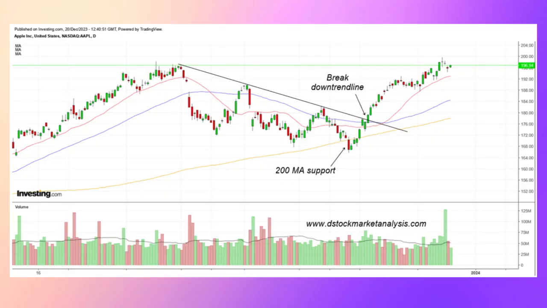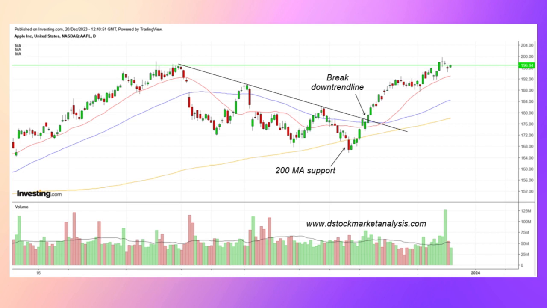Now, this is a daily chart of Apple. As you can see, around here, right, this is the daily chart of Apple. You can see there's a 200 MA support there. The yellow line here is actually the 200 MA support, and it's a rising 200-day moving average. If a stock has a rising 200-day moving average, it's actually a bullish sign because it's a bullish long-term trend as it goes up. And you can see the stock corrected here, went up, went up, and corrected down to